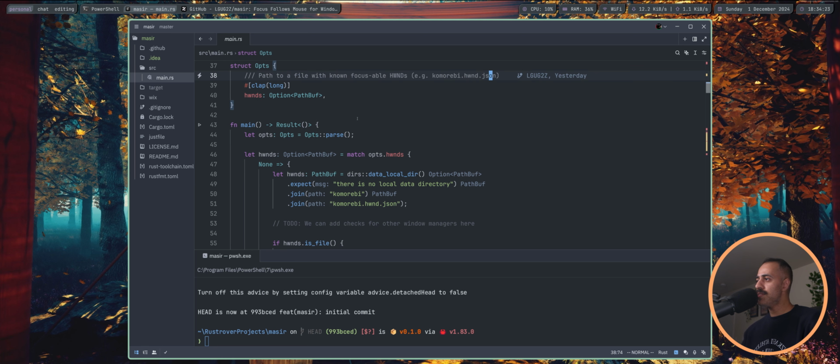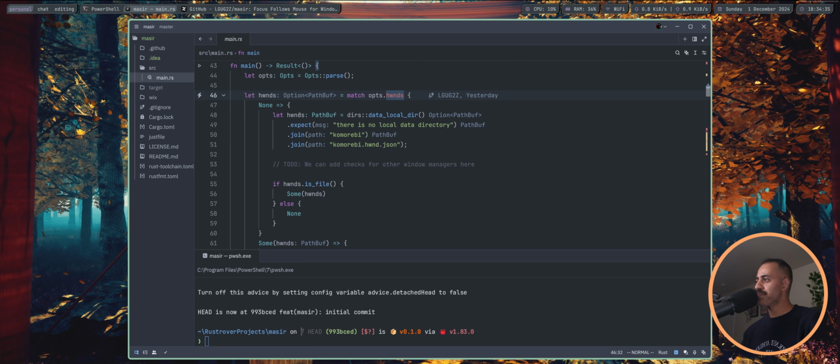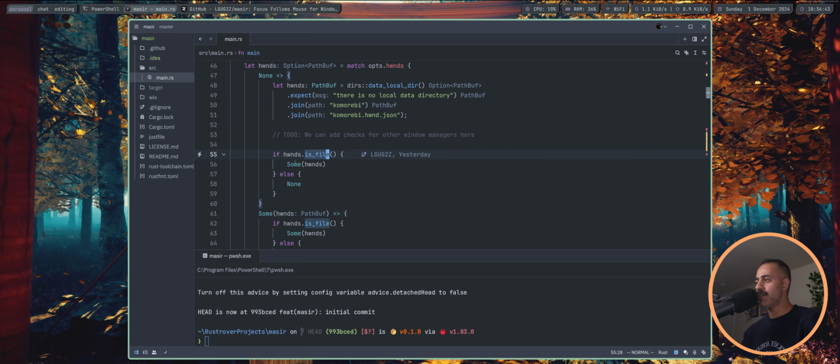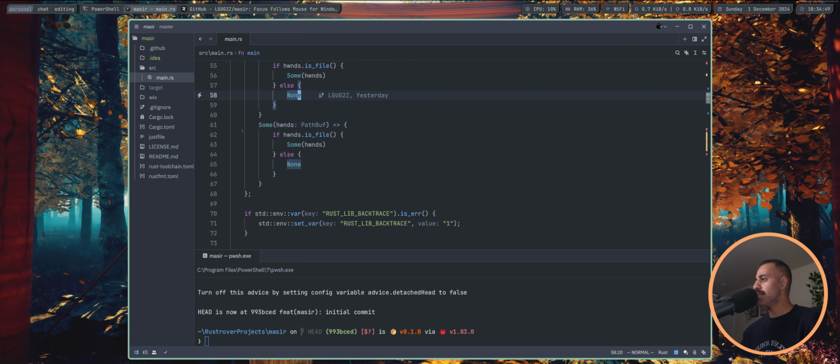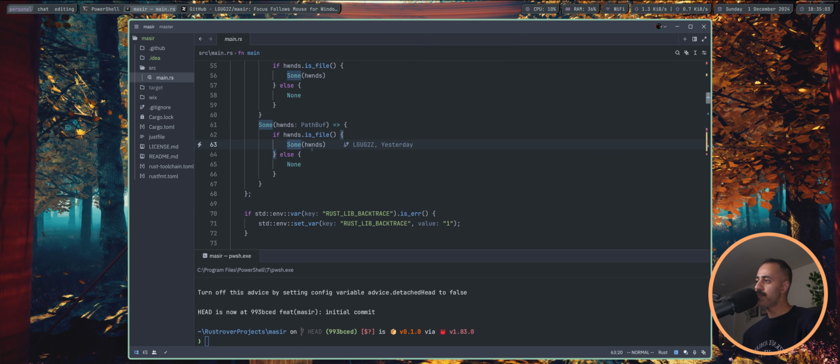So this is an option to a PathBuf, which is a pointer direction to a file. So we match against this, and if it is not provided, we try and look for the komorebi HWND JSON file. If it's a file, then we'll use that PathBuf. If not, we say we don't have one. And if we explicitly give like a masir HWNDs location here, then again we want to check, is this a real file? If it is, we will use it. If not,